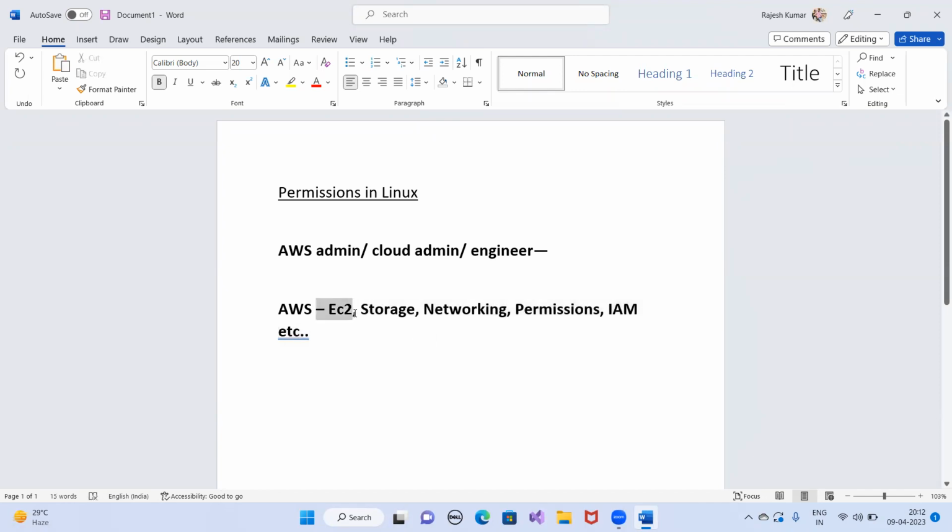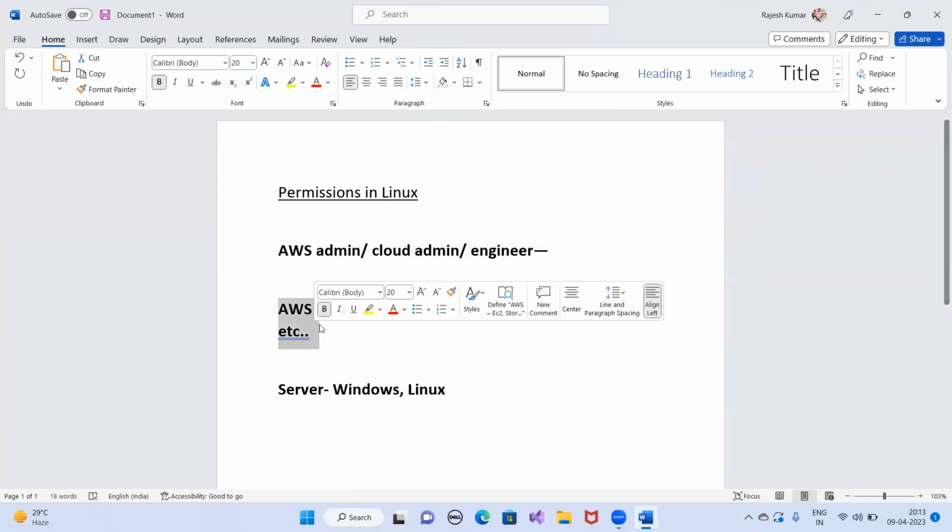EC2 is one of those services. EC2 means the virtual machine. Virtual machine means your server. For now, you can understand it as a server. A server can be Windows, or it can be a Linux environment. These servers will be created on the AWS console. Your job will be to manage these OS as well. But if any deep level server issue comes, you are not supposed to handle that. For that, the company will have separate server administrators, because you are the cloud admin. So your job responsibility is limited to the cloud only.